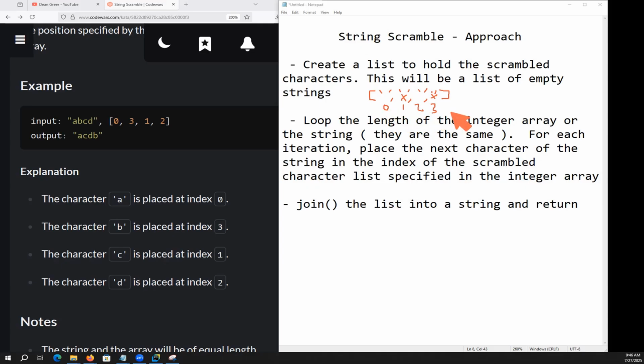Depending on the size of the list, I may place the first character at index 12, and then another one at index 3, and then another at index 5. So I need to create empty slots. That's why I'm doing that. Once I've got that list of empty strings, so I've got placeholders for everything, I'm going to loop. And what I'm going to do is I'm going to,